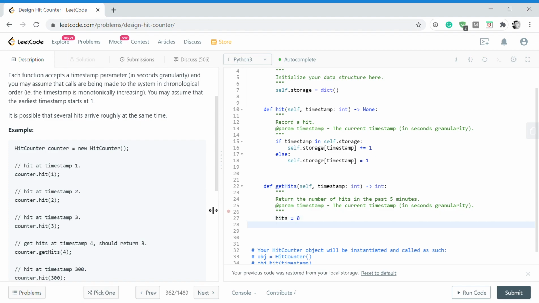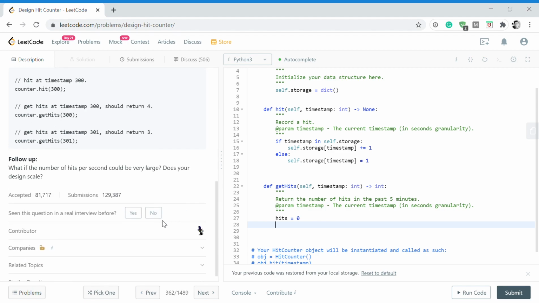Now, under this method, I'll take care of this scaling problem as well. What I'll do is I'll go through the storage dictionary, and for the keys which are within that 5-minute duration window, we'll keep those keys, and all the keys which are beyond that 5-minute window in the past, we just remove those so that we are scaling at the same time as well, right? So for key in list